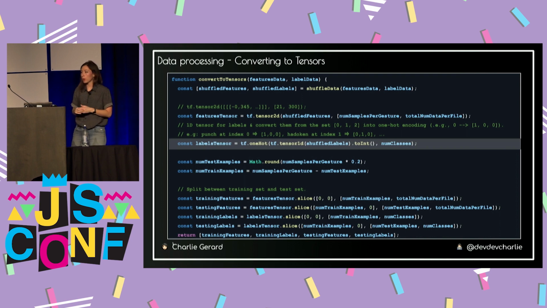We have tensors. But the next step is splitting between the training set and the test set. Because our data is already labeled. We already recorded it in files, and we named them with the right gesture. So we're going to use 80% of our data set to give to our algorithm to learn patterns. And we're going to keep 20% of it to validate that the predictions from our model are actually right, because we already have the data labeled. So if the model predicts that it's a punch, but you know from your data file that it's an uppercut, then you can just retrain until the accuracy gets a bit better.